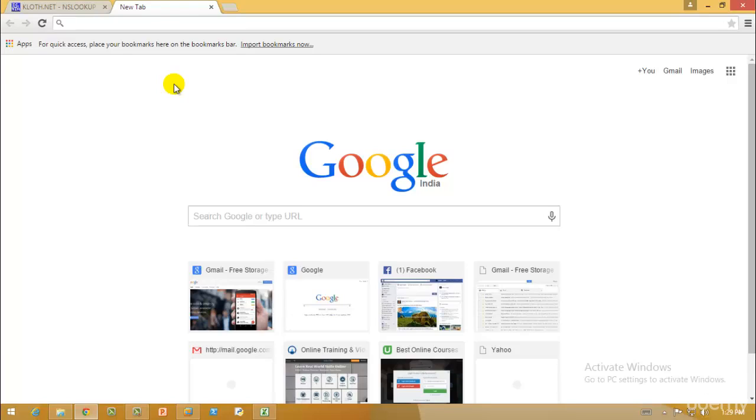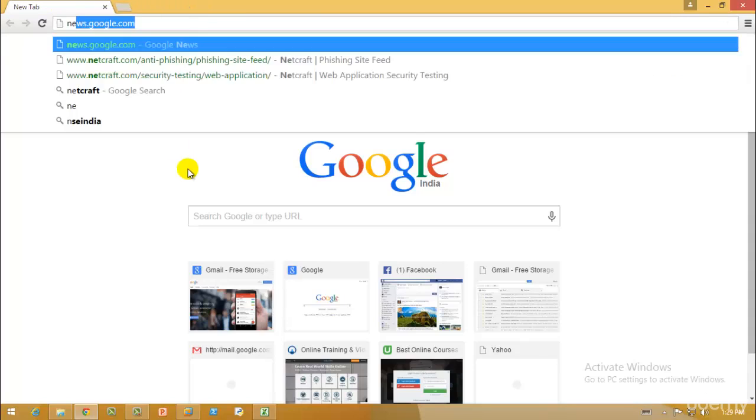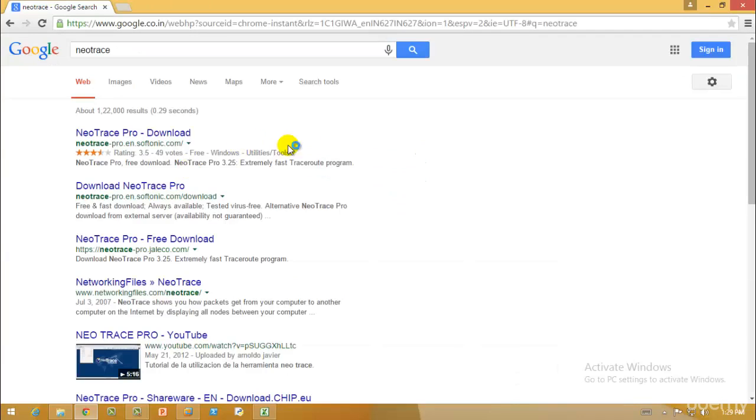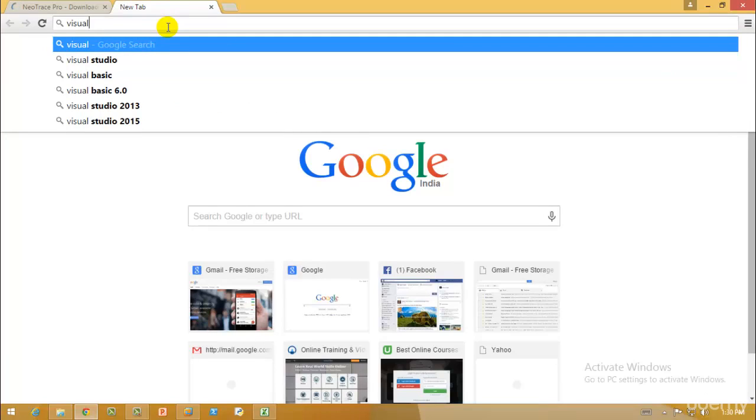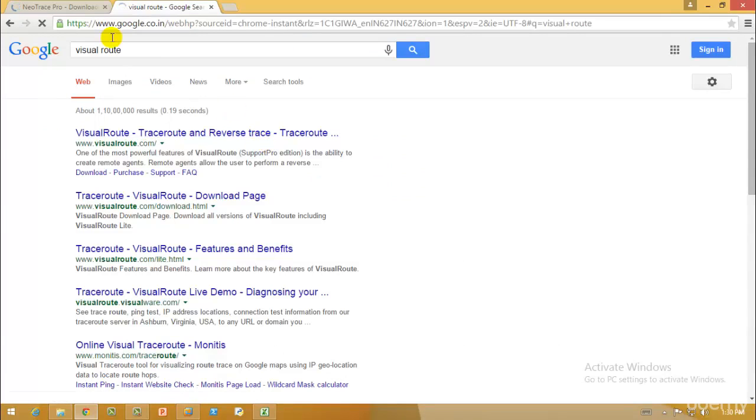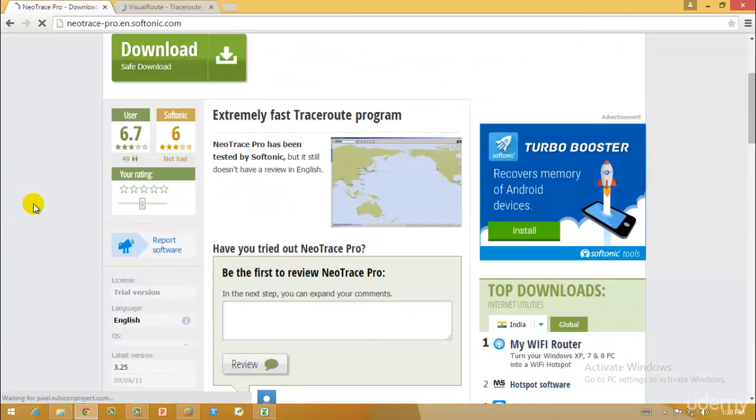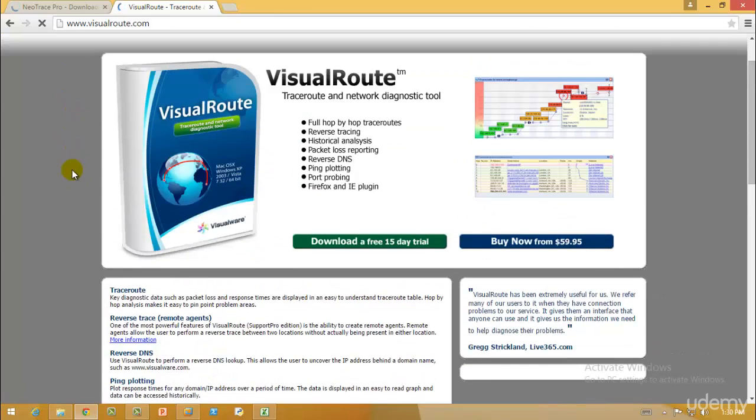He or she can get much more detailed information from the appropriate regional registry database regarding IP allocation and nature of allocation. Two popular traceroute tools are NeoTrace and Visual Route. So we have these two awesome traceroute tools. I don't have these tools installed as of now, but